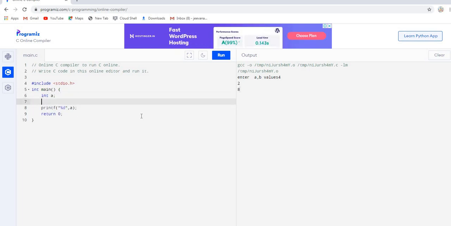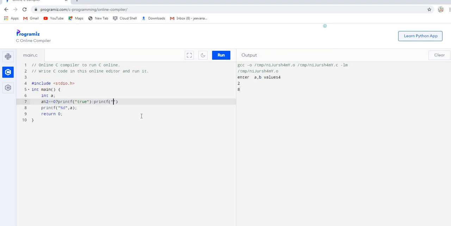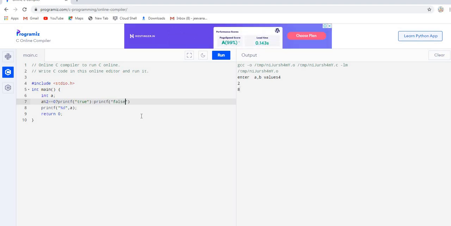Let us take one variable A. So if A divisible by 2 is equal to 0, question mark, printf true, colon, printf false.